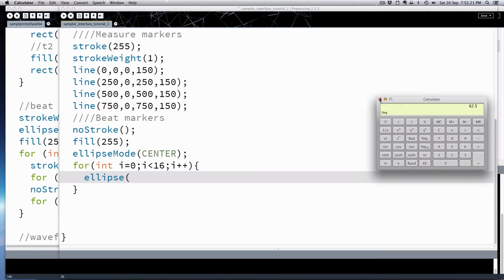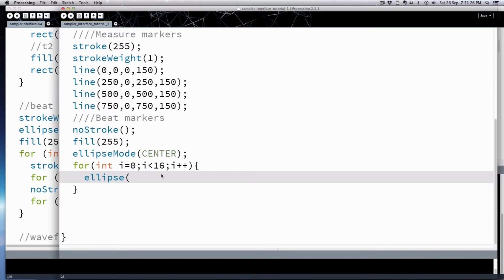62, 63. So we'll just say 62. So our beats might be slightly off, because it's right in the middle, isn't it? Okay. Well, we'll deal with that anyways. We're kind of fudging it now because we're actually going to change the way we do it when we make multiple tracks. But this is just